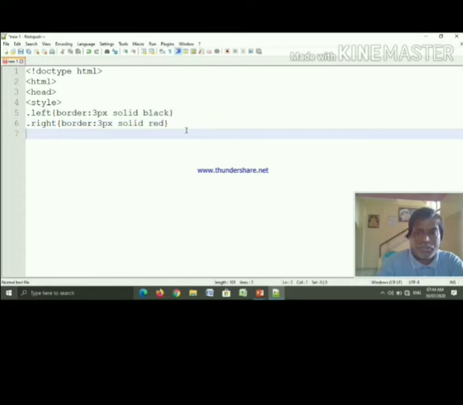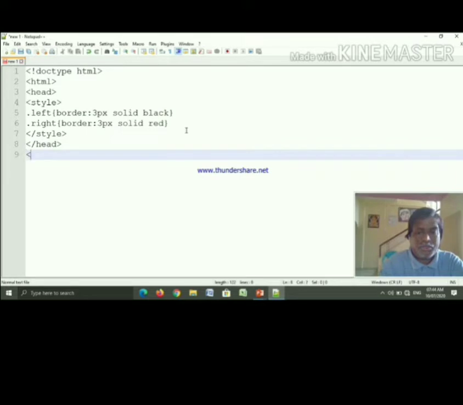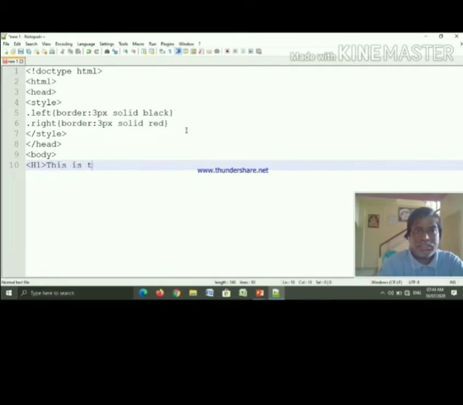Then slash style, slash head, body. Use the h1 tag: this is the float property example.